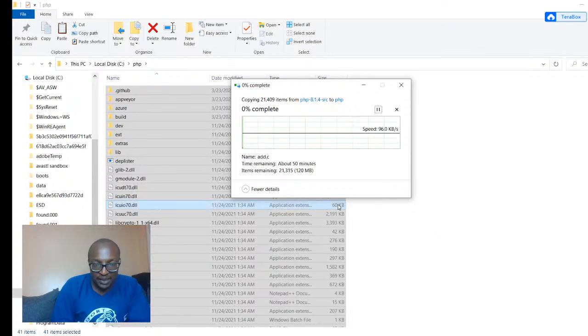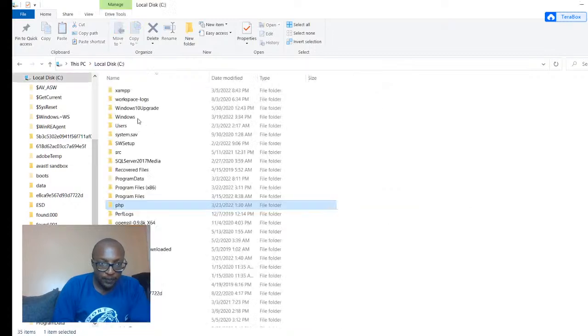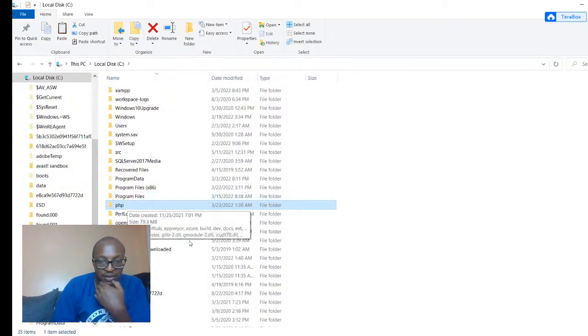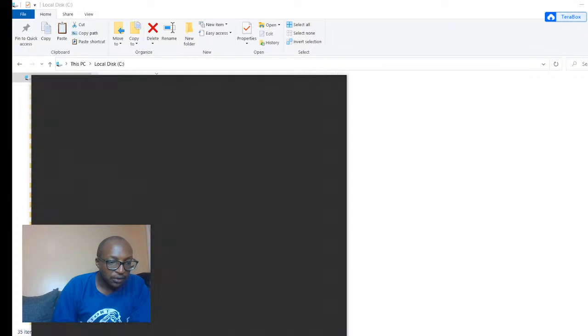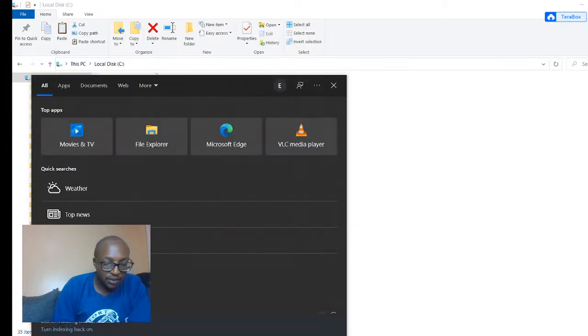So as our file, I'll copy. So this is where we stored our PHP file. We know they are copying, they have not yet finished. The next step after copying those files and pasting them here, you need to go to